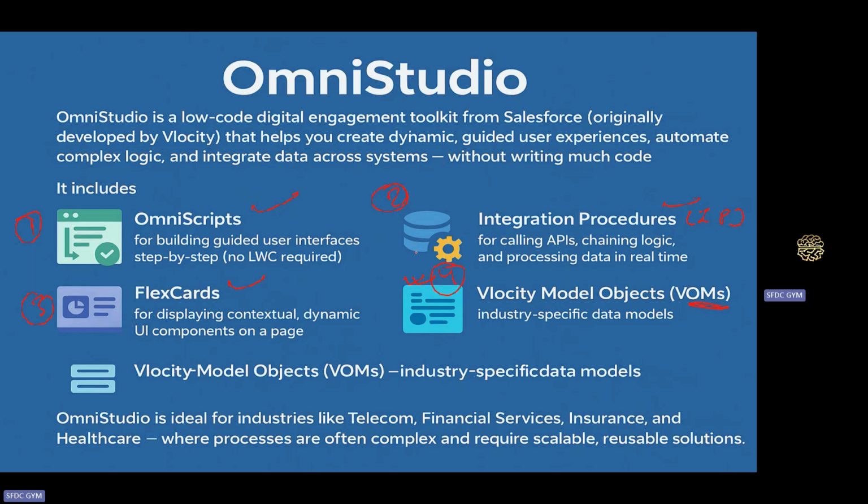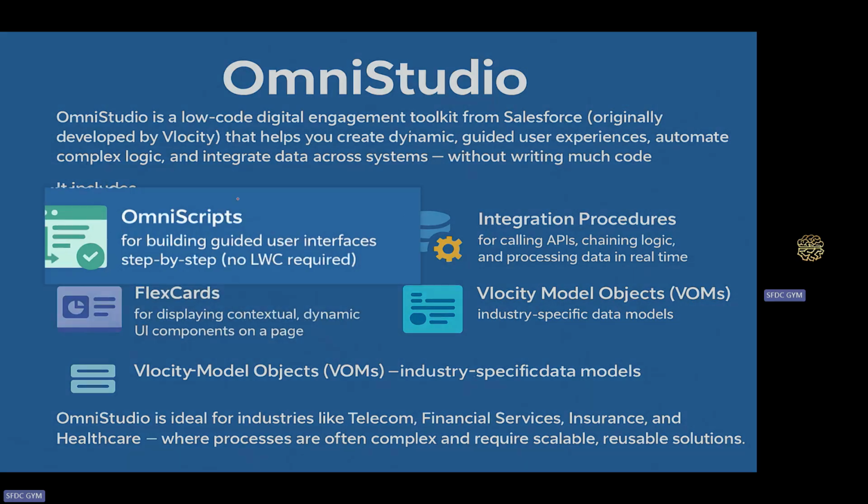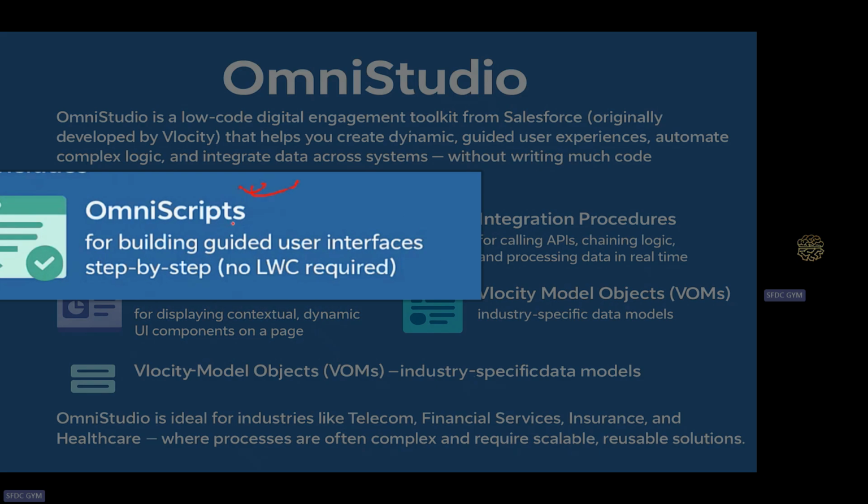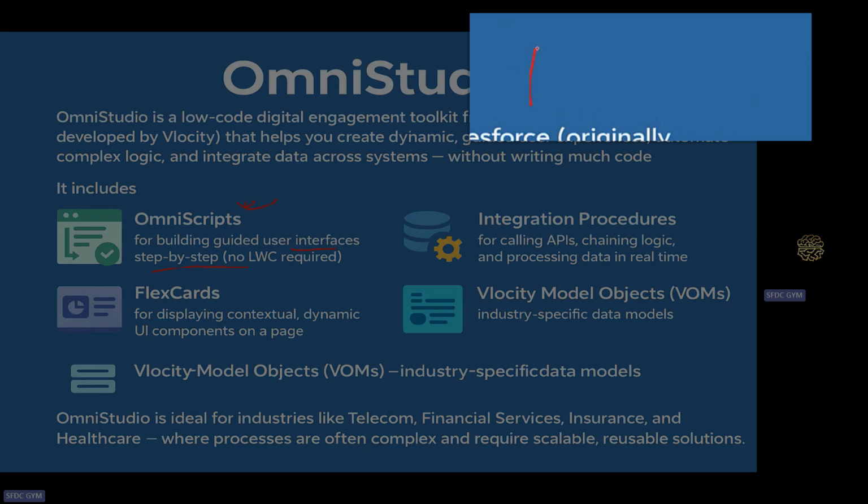Let's try to understand that with the help of an example. Let's take the same example. We have an application where there is work required on the UI side. If this is the same application we wanted to implement in OmniStudio, then we have two options. We can create that UI using OmniScript or FlexCards. Now, we generally use OmniScript when we need to guide our user to follow a step-by-step process. For example, you have created a UI where you need to ask your user to create a record. The first thing it needs is first name, last name, email,